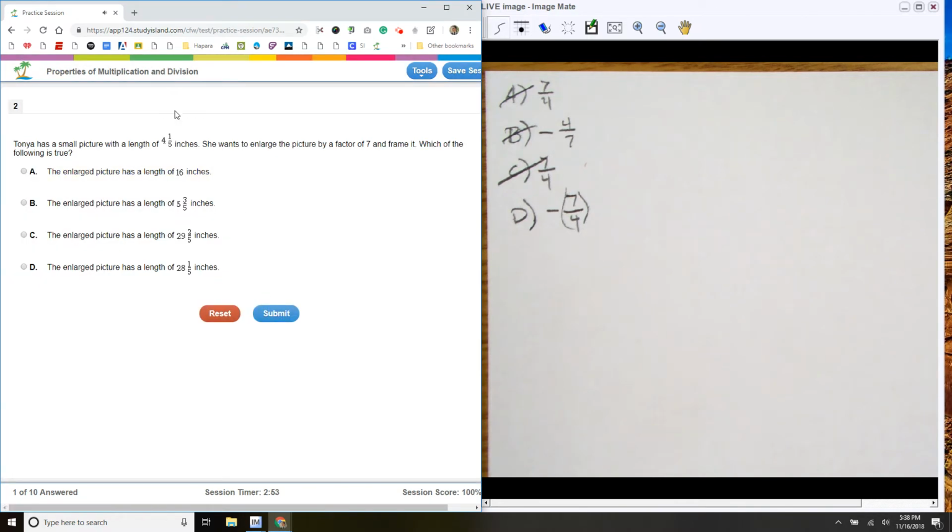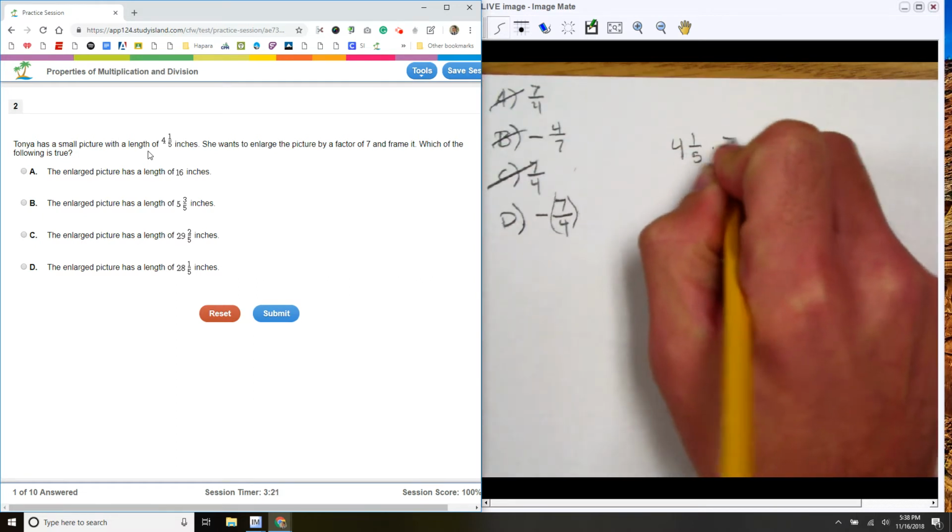Number 2. Tanya has a small picture with a length of 4 1/5 inches. She wants to enlarge the picture by a factor of 7 and frame it. Which of the following is true? So the length is 4 1/5. She wants to enlarge it by a factor of 7. The enlarged picture has a length of this, a length of that. Let's figure out what the length is. We simply have 4 1/5